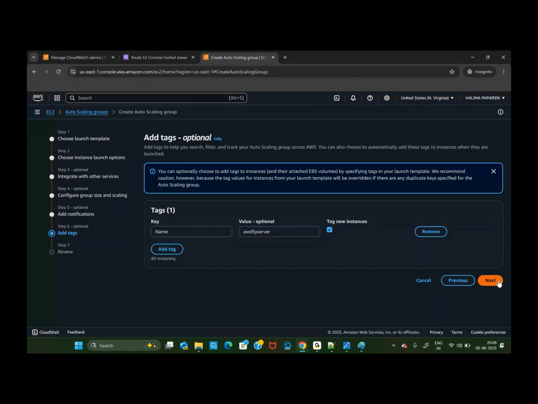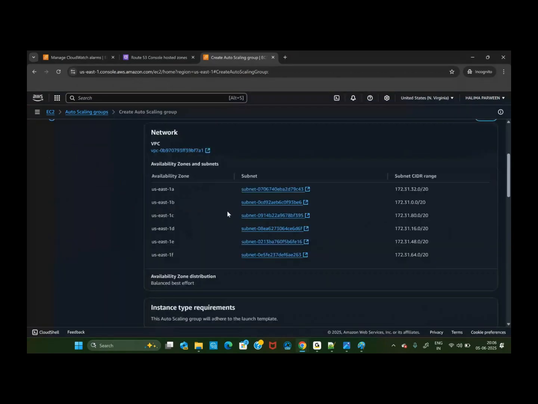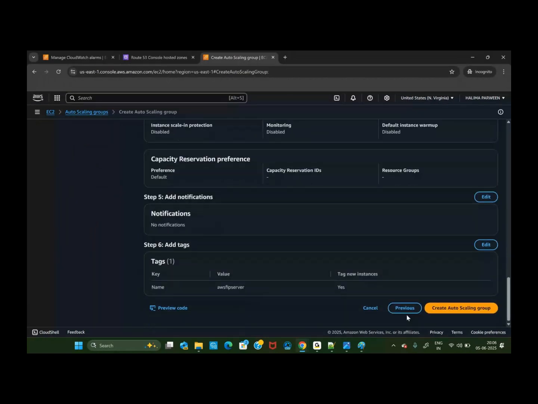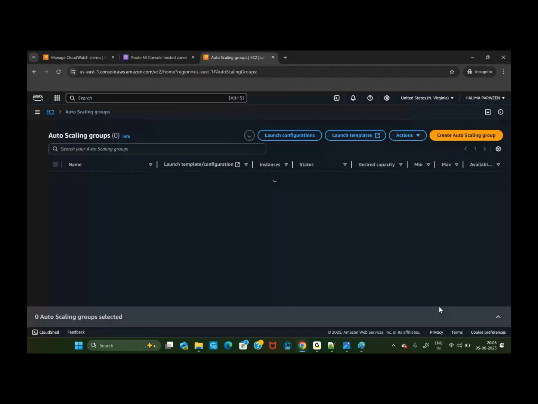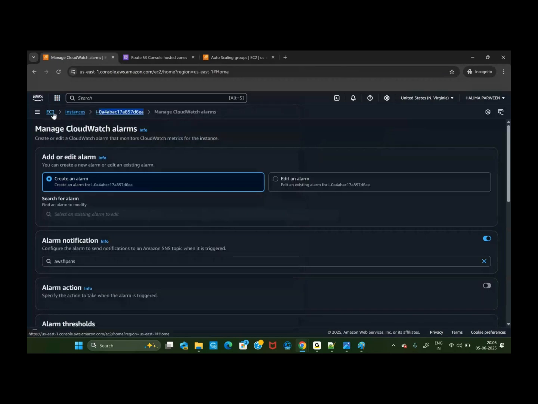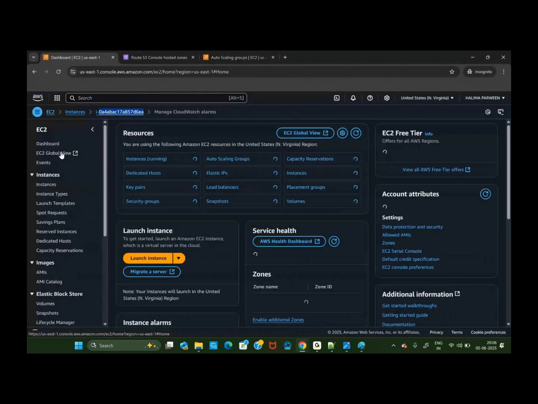So I will be checking all the things, whether it is correct or not. So I'll be checking things and create auto scaling group. It will be taking around some time. So until then, what will I be doing now? I'll be going to this instance. So now I'll be checking that a new instance